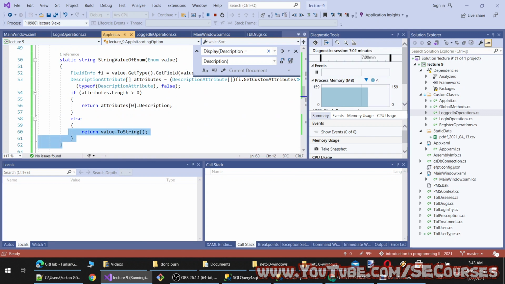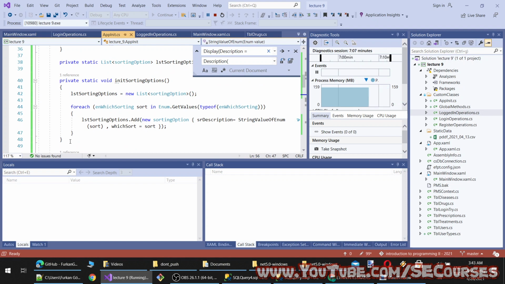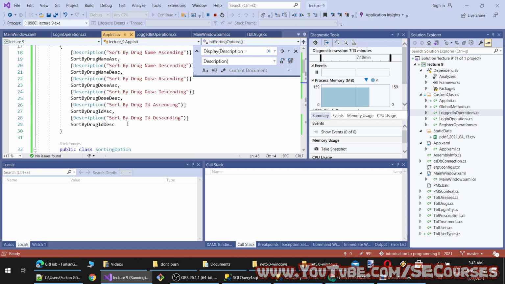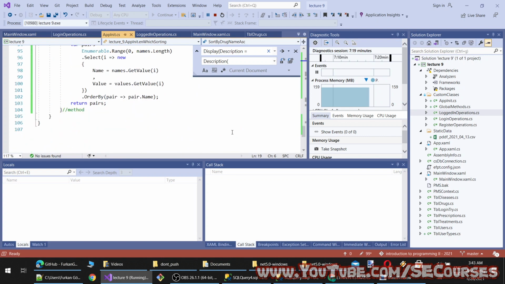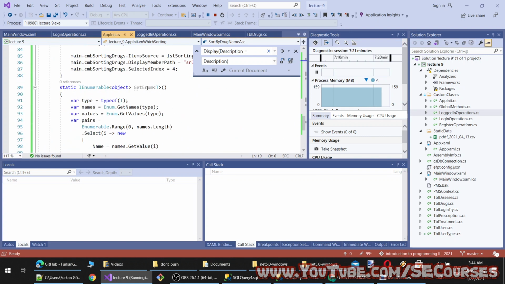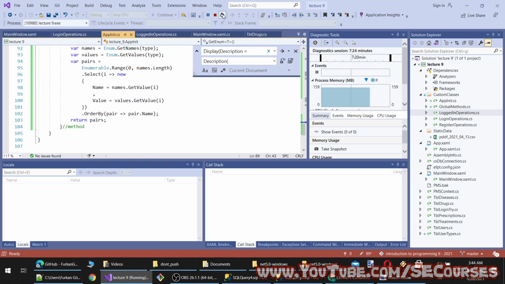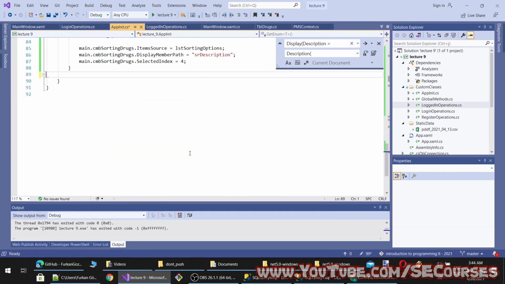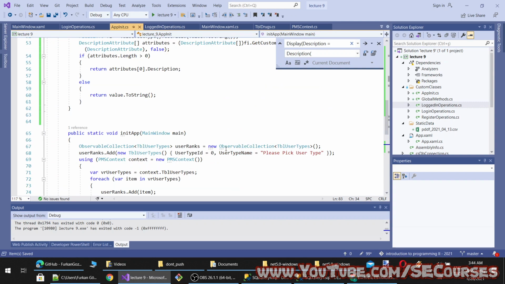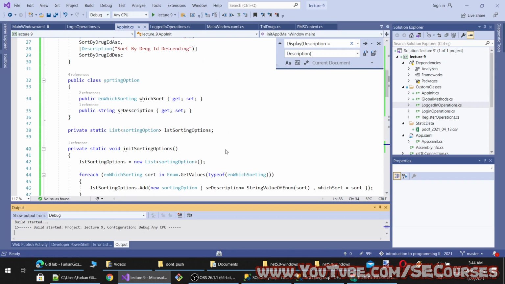Okay, so we had to write this method to get the value or description of the enumeration. We also had to write this to add all values of enumeration dynamically. So whatever I add here, I don't need to change any other code. It will be fully automatic. Of course, I would need to change the sorting options. And do we use this? No, we don't use this. Let's remove this because it may get you confused. Okay, let's test it again. Okay, I will also get a new backup of the database so you can use it.